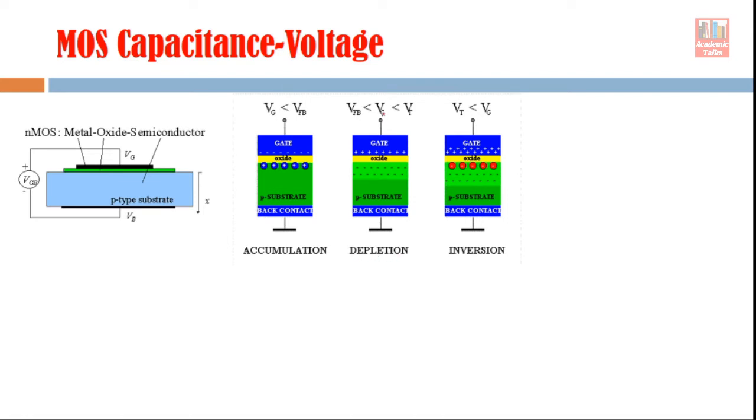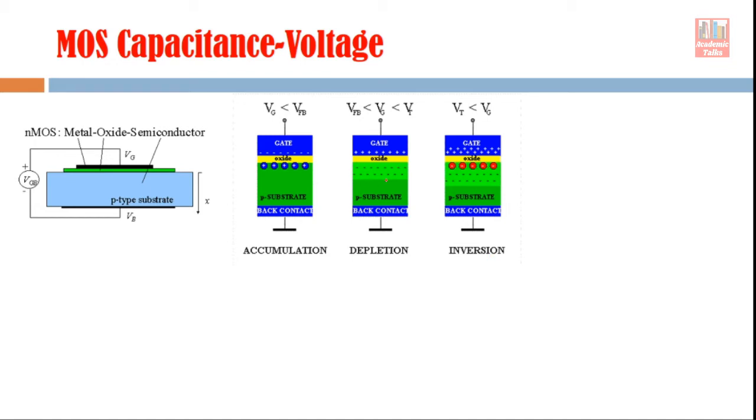Now if we keep on increasing this gate voltage in the positive direction, and this gate voltage becomes more than threshold voltage, in that case what happens? Free carriers are also generated here. I am sure you all know about these phenomena because you are familiar with the MOSFET theory. Now this particular biasing condition is known as inversion, because free electrons are also present here.